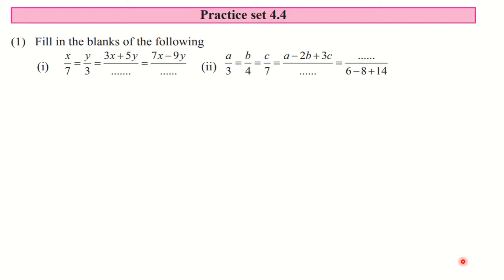Now what is the theorem on equal ratios? As I have explained, if you are provided with equal ratios, then you can add all the numerators in the numerator and denominators in the denominator. Also you can multiply the ratio by the same number in both the places, and then also you can add or subtract. That is the theorem on equal ratios.